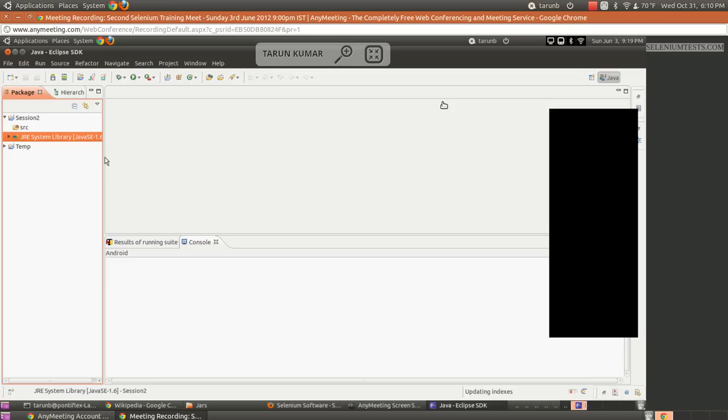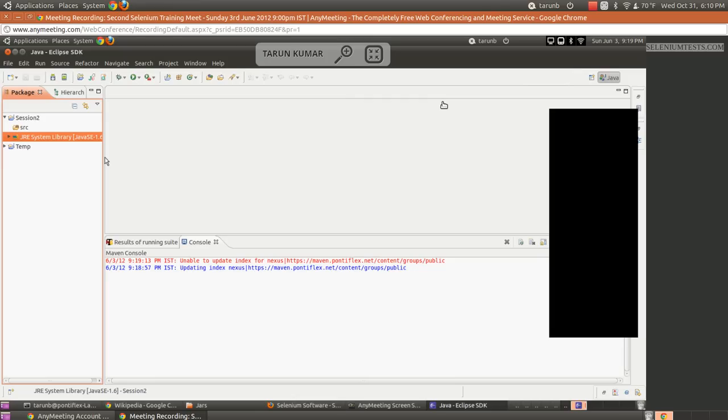Okay. Before we begin and write our first test, there is one question about differences between WebDriver and Selenium. I had described a little about this in the first session as well. Selenium, or Selenium 1 in particular, uses the same concept when it comes to driving the browser. It uses the JavaScript injection mechanism. So whether it is Firefox, IE, or Chrome, it injects some JavaScript so that it could bring control on, say, a text box when you're typing, or a radio button when you want to make a selection.